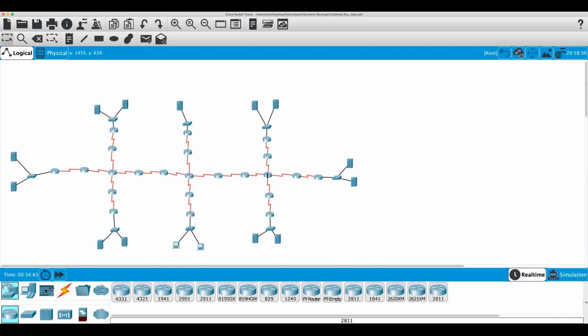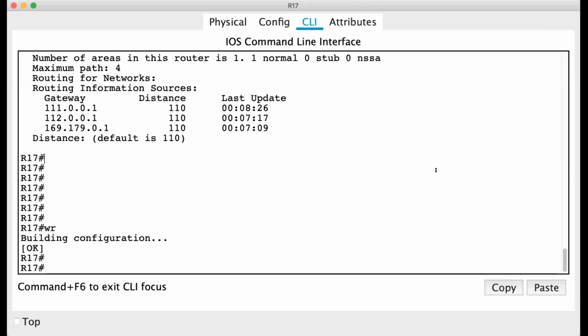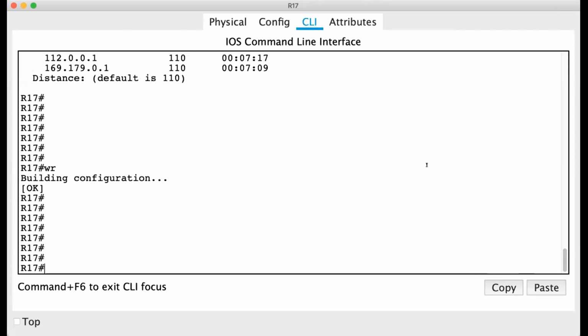I go to R17. Mr. Koti, yes, sir. Could you please do it a little bit slowly so that we can take some notes for configuration, because we would like to practice on our own before you upload the video sometimes. Okay, thank you. Exactly. So I go to R17.